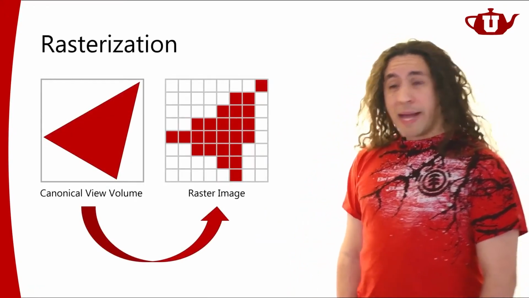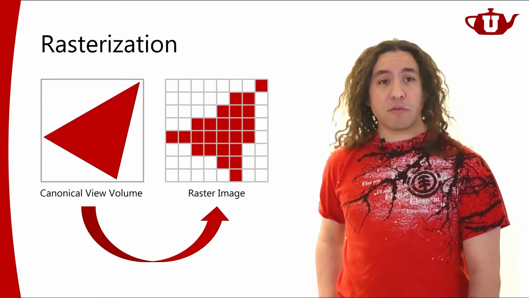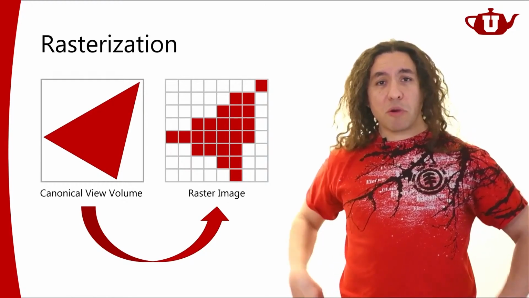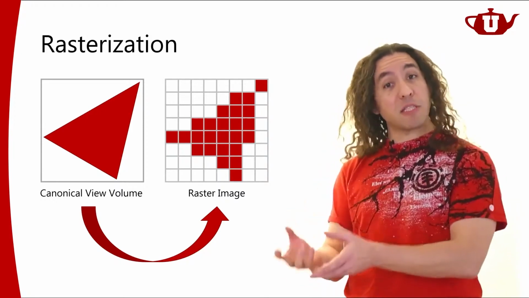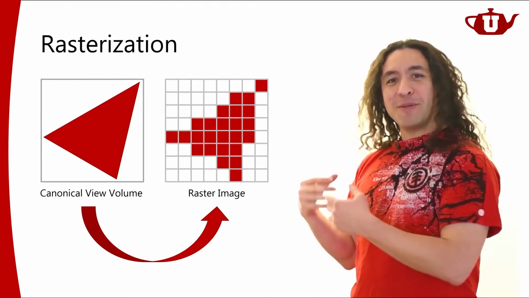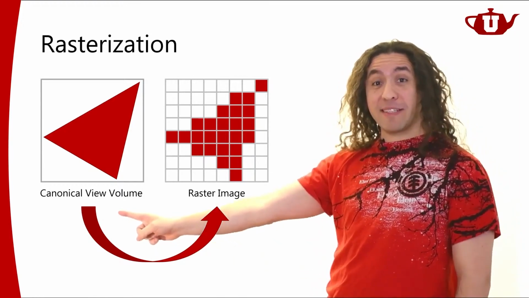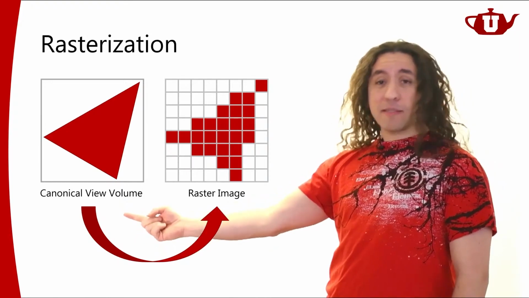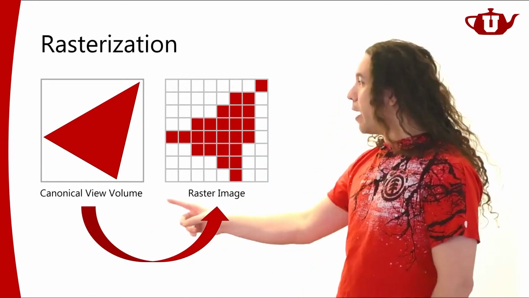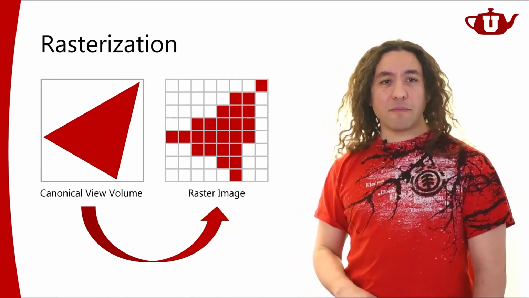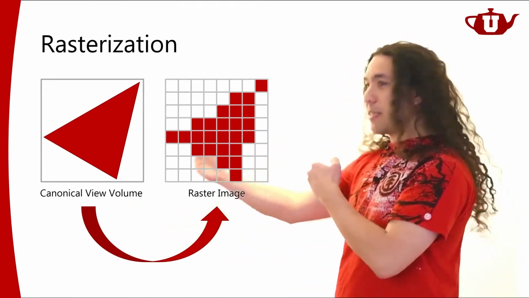So the problem that rasterization tries to solve is this. Remember last time we talked about transformations? We took our objects from model space, we went to world space. From world space, we went to camera space. From camera space, we went to canonical view volume. Let's say that we did all that, and our object, in this case just one triangle, is living in this canonical view volume now. So we know where the triangle is in the canonical view volume. The nice thing about this canonical view volume is it's a 3D volume, right? There's some depth to it.